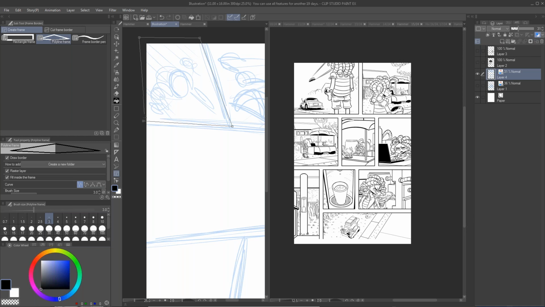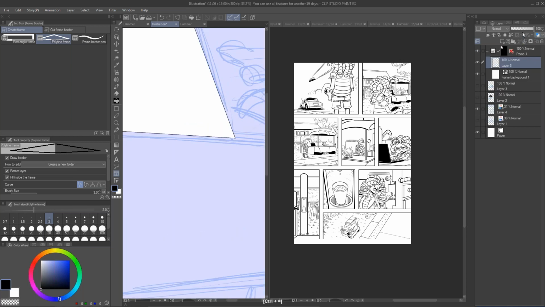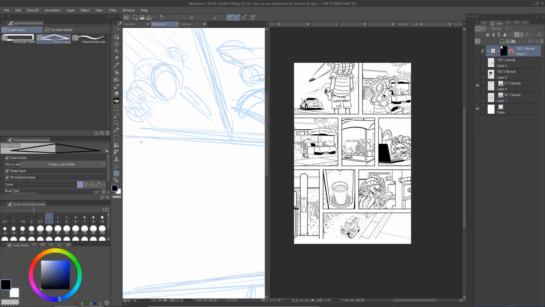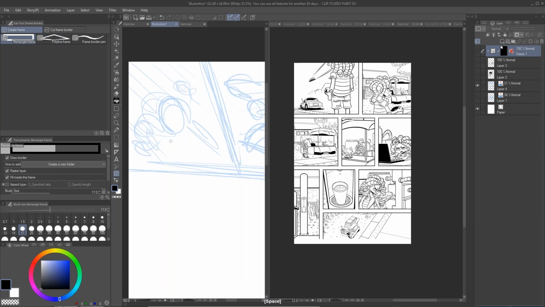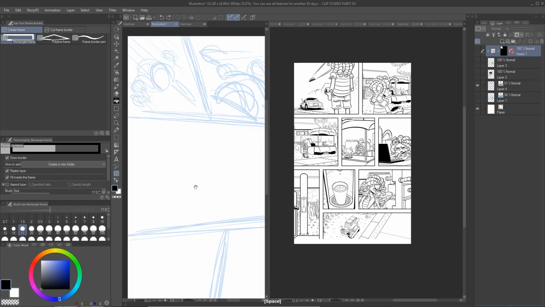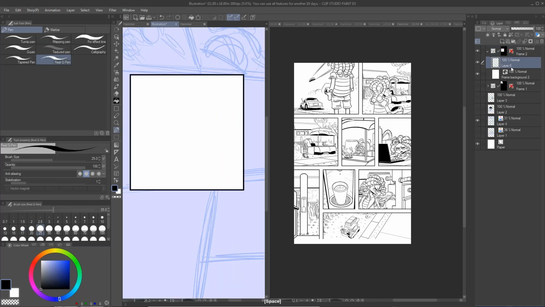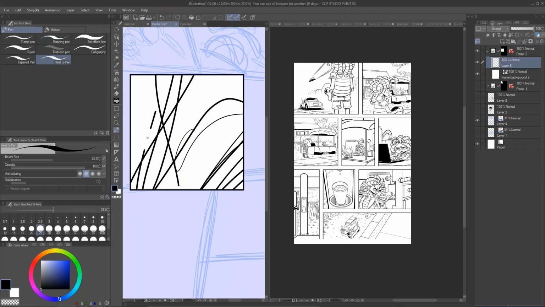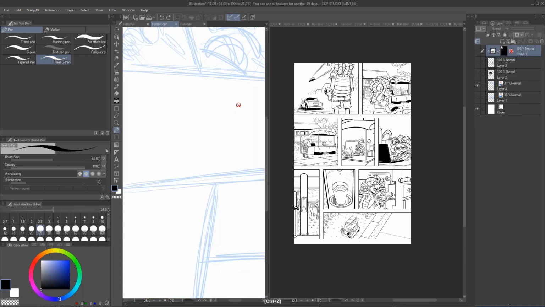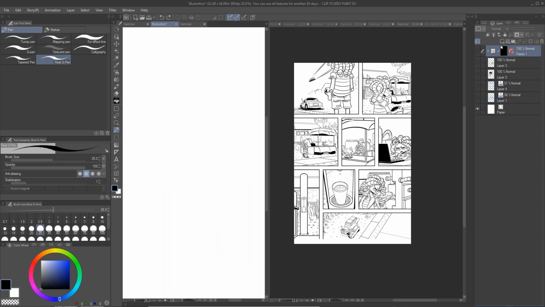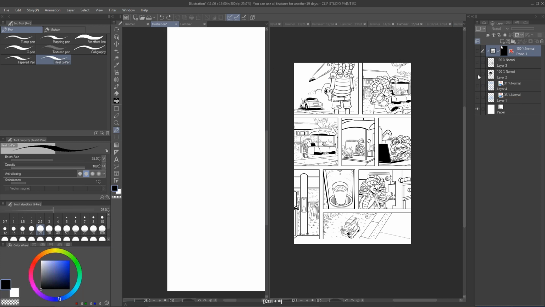So this is one thing that I can do. What I usually do for these panels, if I want them to be diagonal, I'll just draw them. But if I want the panel to actually just be square, I'll do that. And I love this feature so much because I can just draw in it and it won't bleed to any other place. When I found this out, I was like, oh my God, this is just another thing that I've done that didn't need to be this difficult. So like I said, you just got to play around with this program constantly. But that's how I usually would thumbnail a picture.